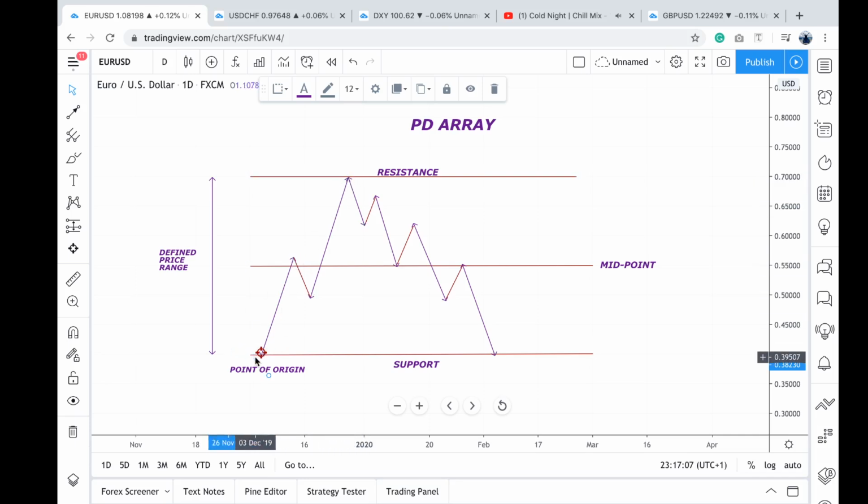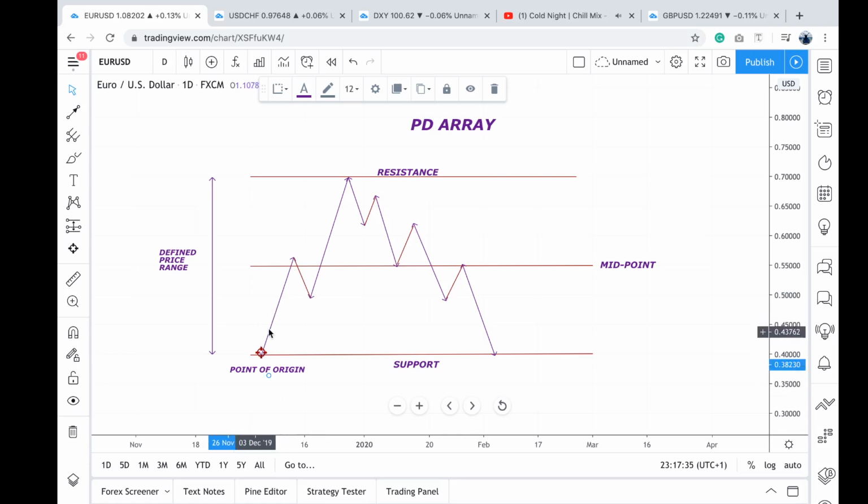Now, as price makes a move away from the point of origin, as indicated by this extrapolated move in the market, you're going to get a corrective market structure. The market is going to correct off the heels of this bullish move, as there's going to be some form of late fund buying. Some of you might ask: what does Dean mean by late fund buying? Late fund buying simply means that